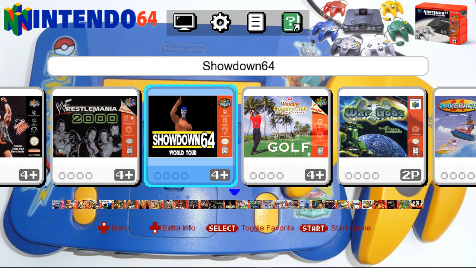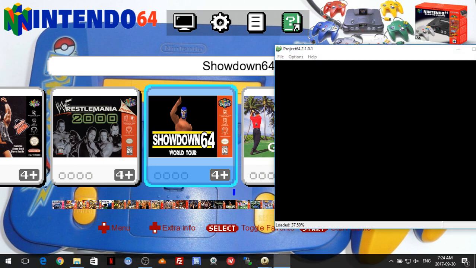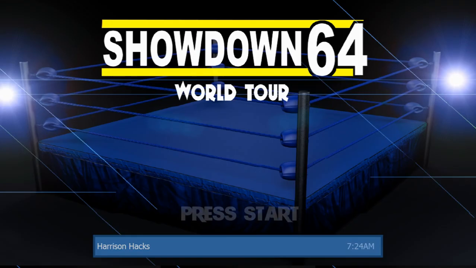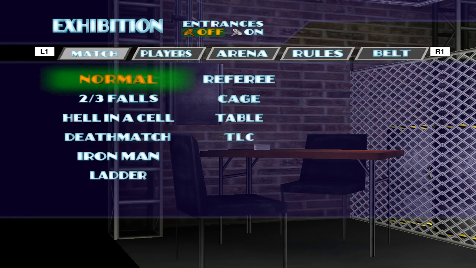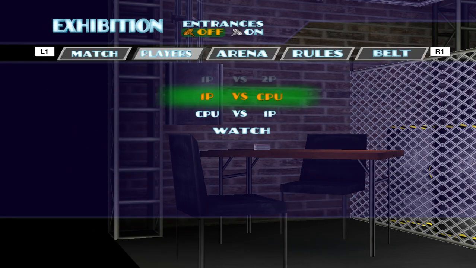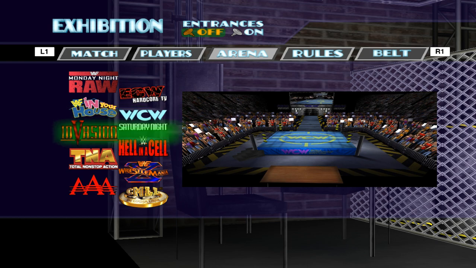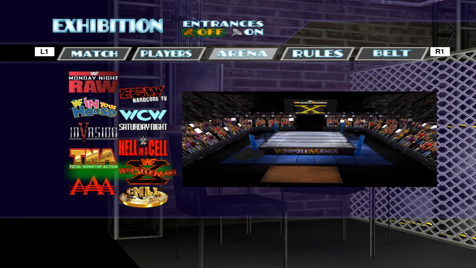And basically it's a modified No Mercy ROM with a ton of texture packs. So we'll press start and launch this one. So this game actually runs in Project 64 2.1. So Showdown 64, press start. And I'm just going to quickly show you here. So there, yep. And you can see all of the different